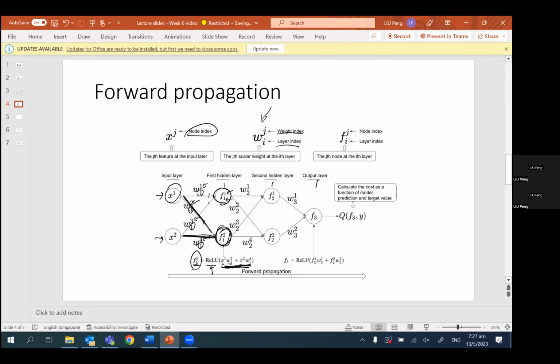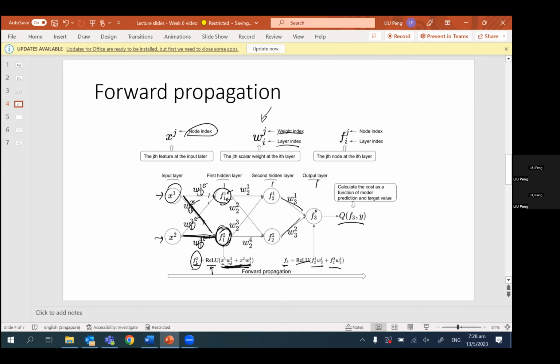And we can do the same for F3 as well, because there's only one output node, so we ignore the node index here. So we have 2 connections, then we have 2 summations, and then we have two elements in the summation, and then ReLU,